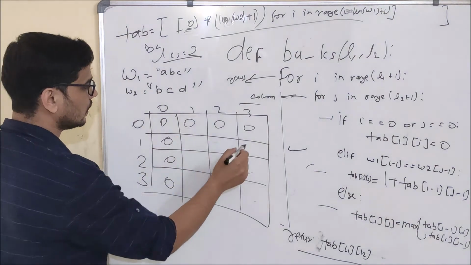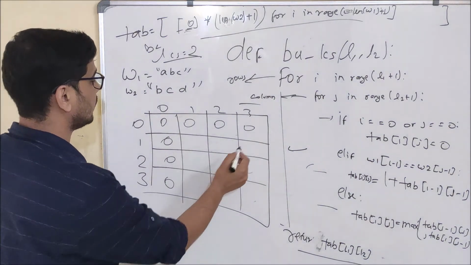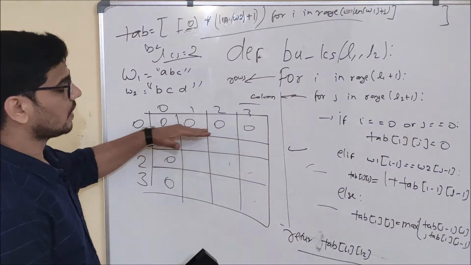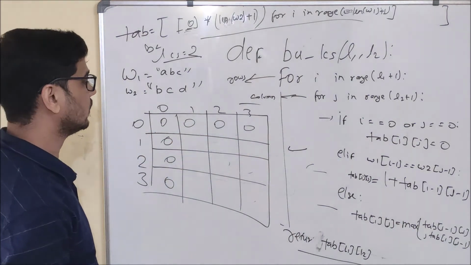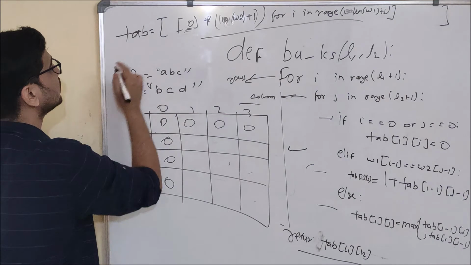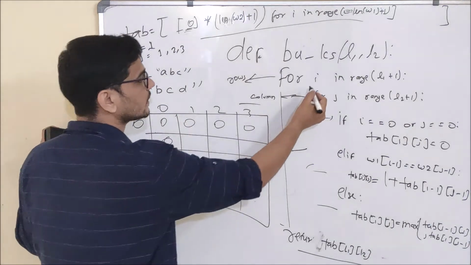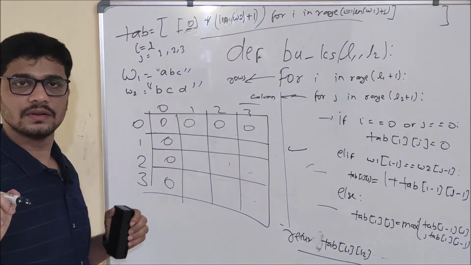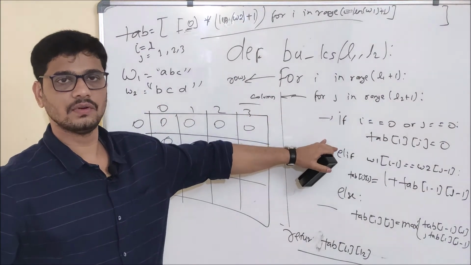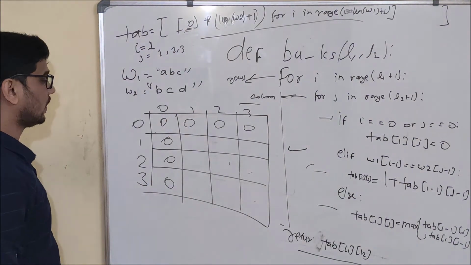And if you remember, last time when I explained the topological order, the topological order for the first row was like this, and after that it was like this. So it doesn't matter how we fill it, it will be 0 only. Now let's start. What will happen when i is equal to 1 and j runs from 1 to 3? In the second iteration i is 1 and j runs from 0 to 3, and here I have already filled it from 0, so for explanation I will just use 1, 2 or 3. Then what is going to happen?